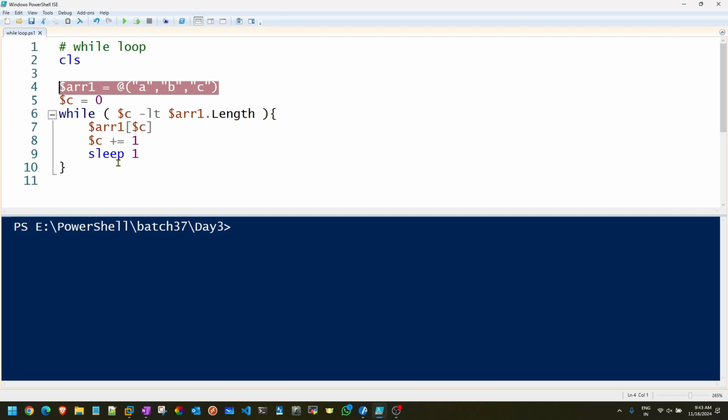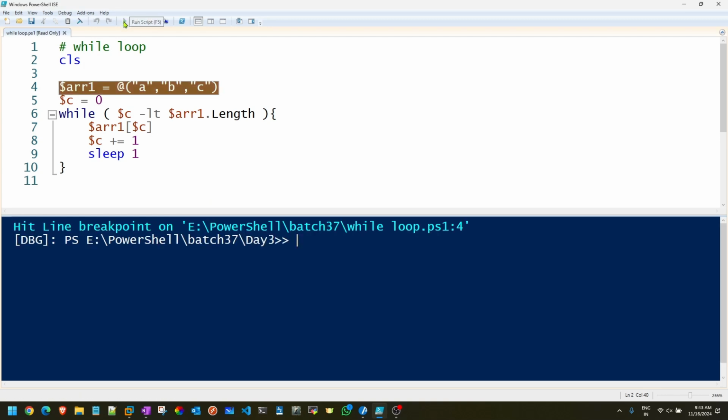Okay, now what you have to do is run the entire script, you have to play it. Right now, can you see here what's the console? PS and the path, right? Now I run it. Can you see something different? Line break, but can you see DBG is also added? That means you are in the debugging mode now. Clear? And it is not running the script. See, I did not get the output over here. Okay? Because I have to now proceed step by step.